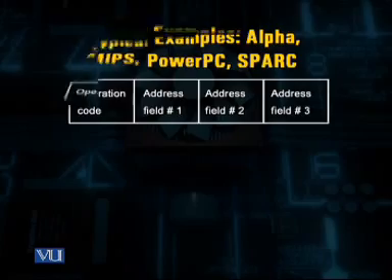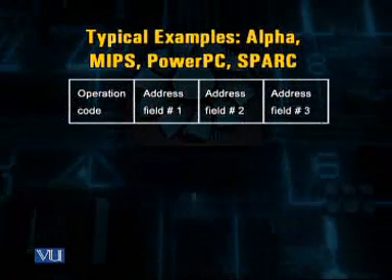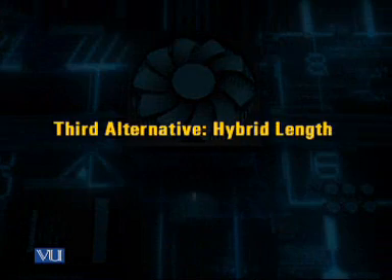Most commonly used fixed length instruction word is the 3-address instruction word, where the first address and the second address, these two addresses are the addresses of the source operands, whereas the third address specifies the destination location. However, both these fixed length instruction word and the variable length instruction word have their own merits and demerits. Therefore, a third type of instruction word format is most common,